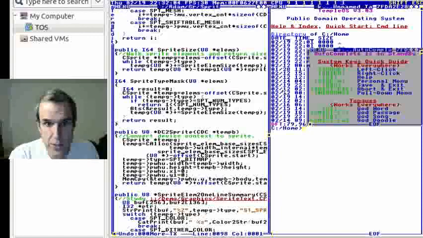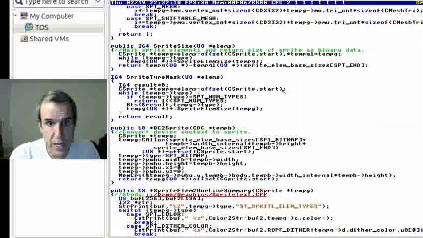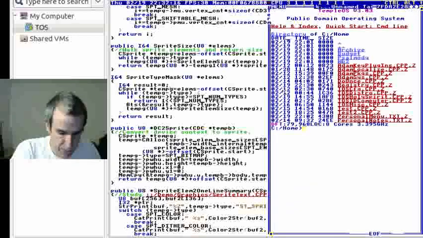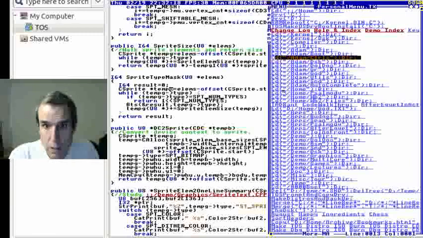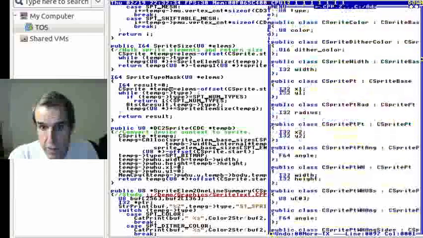And God took us into the sprite code, sprite type mask. Okay, so the sprites are an internal data structure for vector graphics, and what they are is a series of